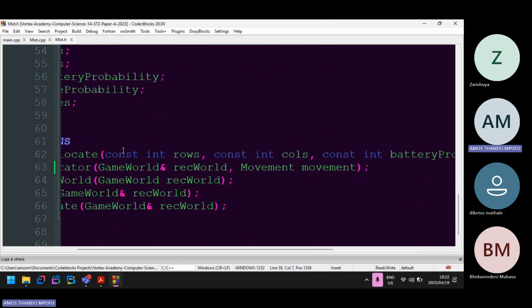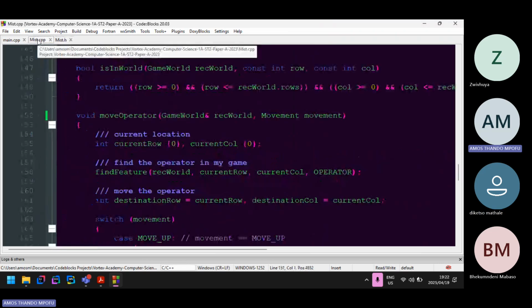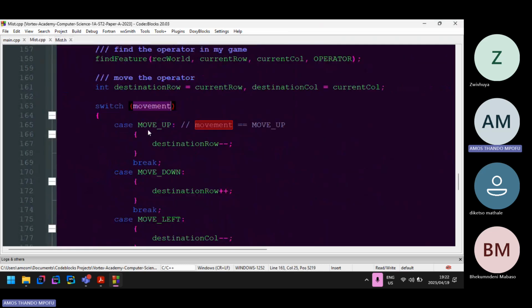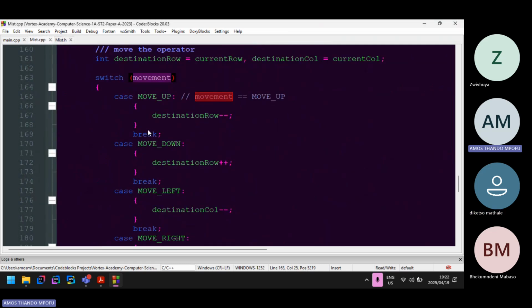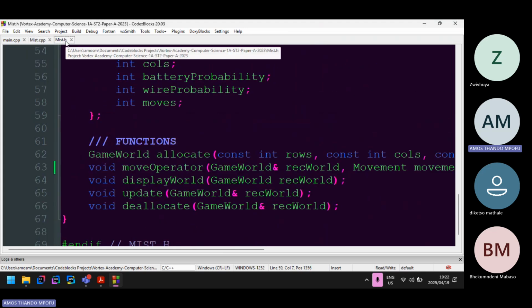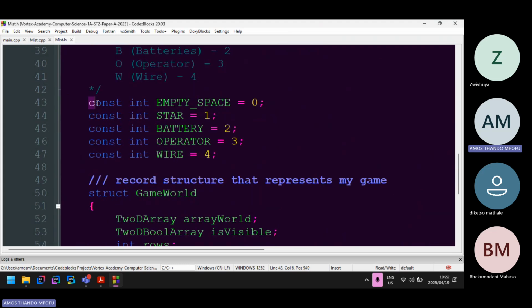So it takes in that movement. Yeah, that's the only thing that changes if you notice. You see, still exactly the same. The only difference is that we don't have to only say const int, blah, blah. We pass in some grouped type. Even this one, remember, these are not the only ones. We also have this,